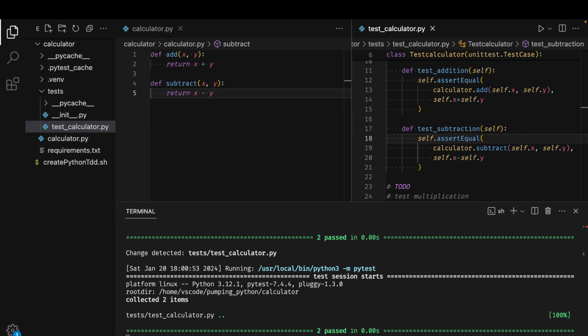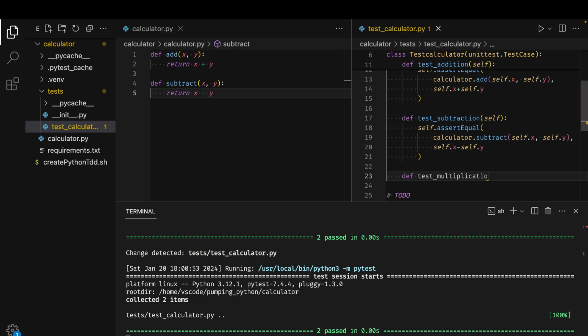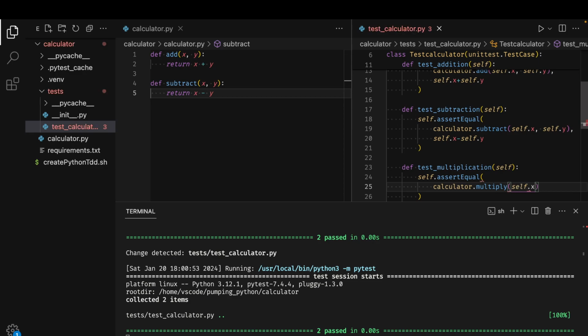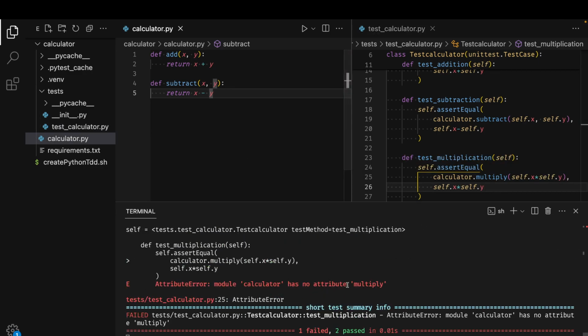All right. Fantastic. Time to move on to test multiplication. I had a test for it. Say define test multiplication, self.assertEqual, calculator.multiply self.x by self.y, and the expectation is that I get self.x times self.y. I get an attribute error because there is no